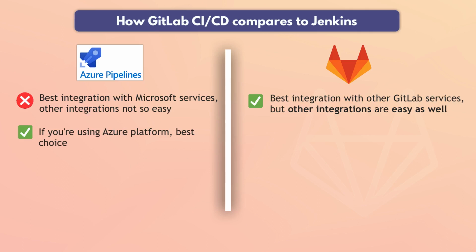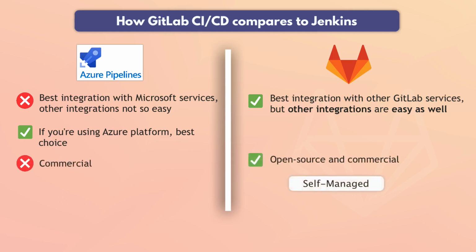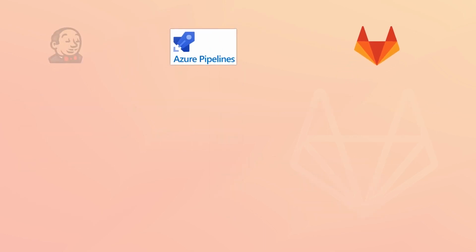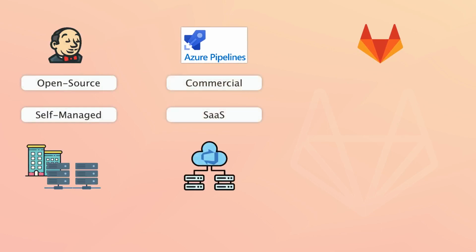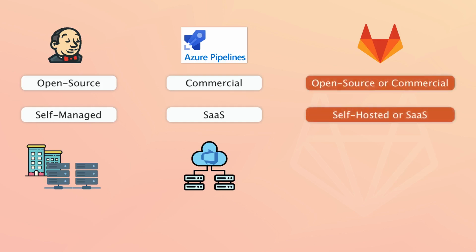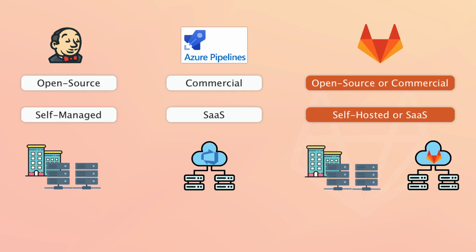And another difference is in terms of pricing. So as I mentioned, GitLab offers self-managed but also managed instances, right? So GitLab actually manages the instance for you and you can use their services on their software as a service platform on gitlab.com. So compared to Jenkins, which is an open source tool, and Azure DevOps, which is a commercial tool, where does GitLab CI/CD stand? Well, it's actually a good mix of both. You can use the GitLab CI/CD hosted platform and its features and pay for the convenience of GitLab managing the servers for you, or you can actually host and manage it yourself for free,